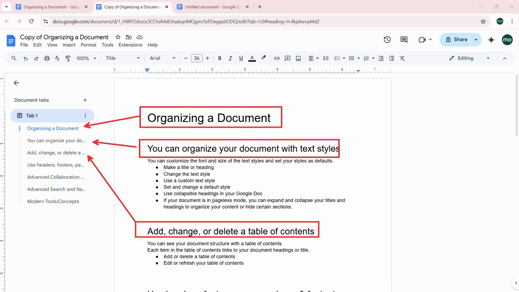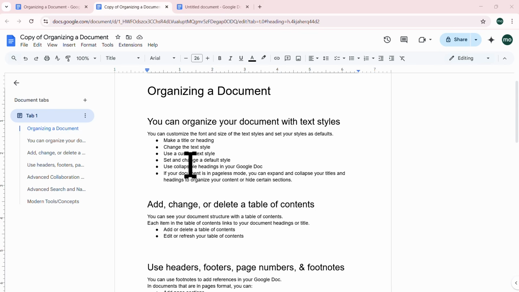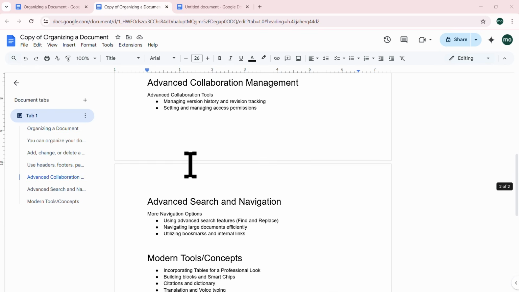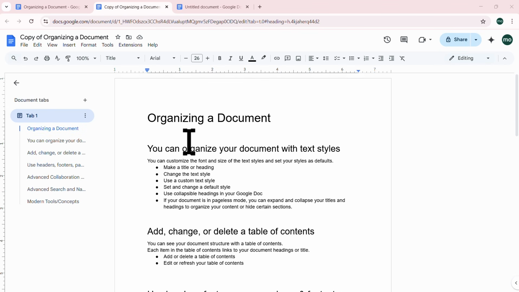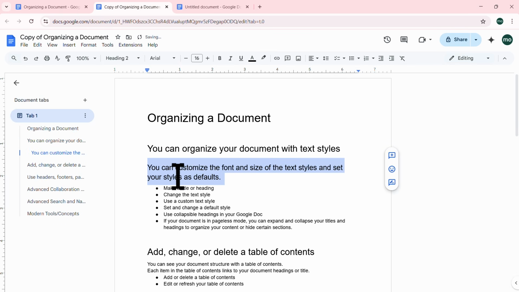So we'll take a look at that. So right now, it's a fundamental way to just organize your document. Now, as you can see, I have several in here. So what I'm going to do, let's just kind of see how styles work. So for this, this is the title style. You can see title here. This is heading 1. I'll go ahead and make this a heading 2. So I'll go ahead and change this to heading 2. And you can see now that I've changed this to a heading 2, we can see it's showing up here,